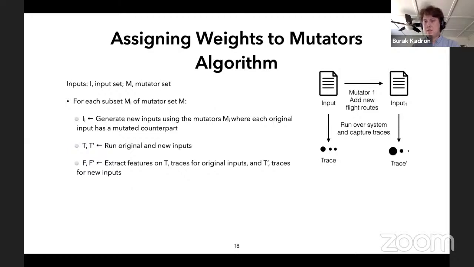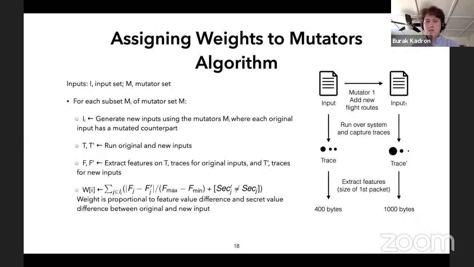Let's say the feature we're interested in this case is size of packet 1, but in this case, it's 400 bytes for one, 1,000 bytes for the other. And the weight is actually proportional to the feature value. So this formula is hard to explain, but what you need to know is it takes the feature value difference